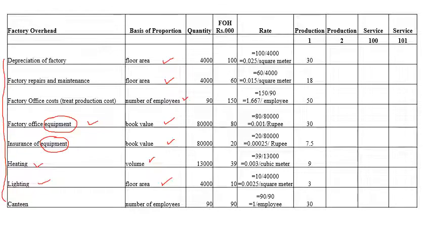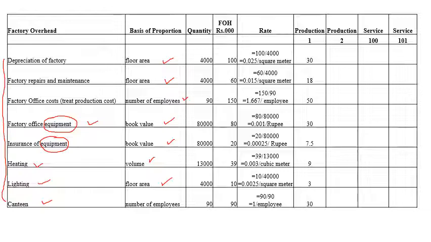इसलिए यहाँ पे थोड़ा सा डिफरेंस आपको करना पड़ेगा. यहाँ पे हो सकता है आपको कहीं पे कंफ्यूजन हो, but I already mentioned many times in the class that if heating comes first, then you should take it as volume, and if lighting and heating come together then you should take floor area as a basis for distribution. But you need to justify it. Why did you do it? इसको justify कर देंगे एक footnote के अंदर कि आपने इसको किस वजह से लिया है, then it would be very easy for you. Then you will take canteen. Canteen is for the employees, so number of employees would be the basis for distribution.